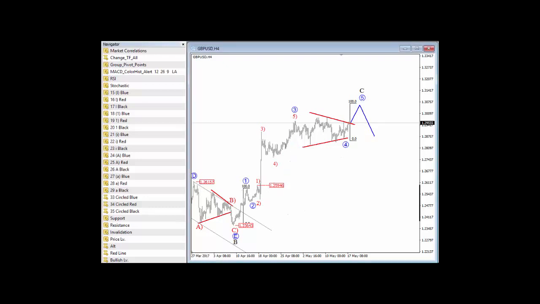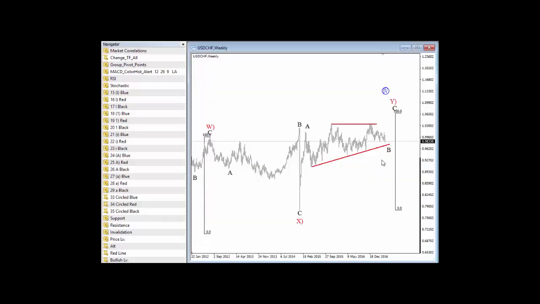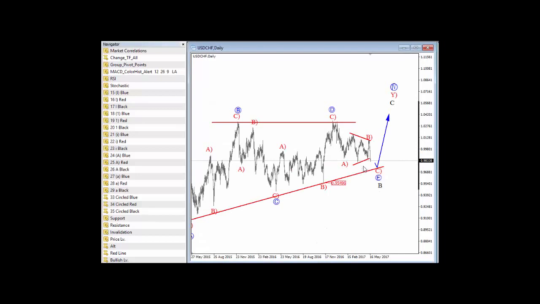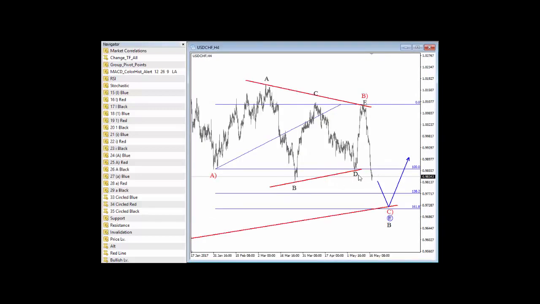Also, dollar Swiss broke to the downside on a daily chart here. Actually, on the 4-hour chart we can see that price is trading below the wave D level, so now it is testing this next support here, which I believe will be spiked out before reversing to the upside. I made a new wave count here, which is actually a running triangle placed in a wave B. And the reason why I decided so is because this fall is really getting extended, really aggressive, so it